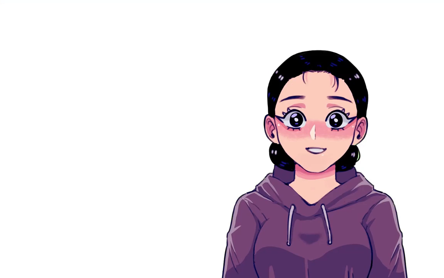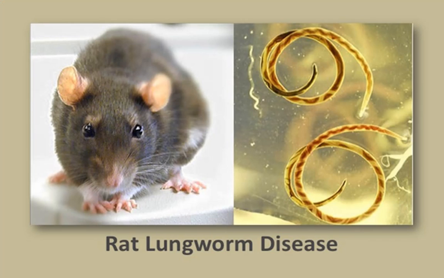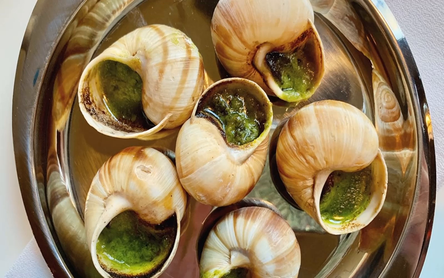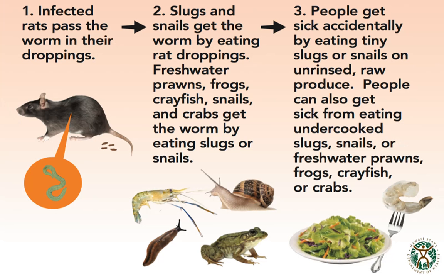They are also carriers of the parasitic worm, rat lungworm, with its scientific name being Angiostrongylus cantonensis, found in rats. There are some cultures that partake in the consumption of snails and slugs. These people have the chance of contracting this parasite through this method or by consuming cabbages with infected snails and slugs on it, as infected rats pass larvae of the parasite in their feces. Snails and slugs get infected by ingesting the larvae, and these larvae mature in snails and slugs but do not become adult worms. The life cycle is completed when rats eat infected slugs or snails, and the larvae further mature to become adult worms.